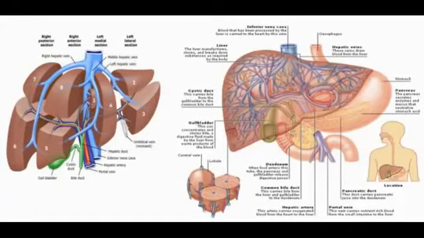Another function is the breakdown systems presented in the liver. This is the system for hormones, bilirubin, and detoxification of toxic substances and drugs. It also converts ammonium to urea, and as you know, ammonium is the most toxic substance for our brain. Another function of the liver, this is the place